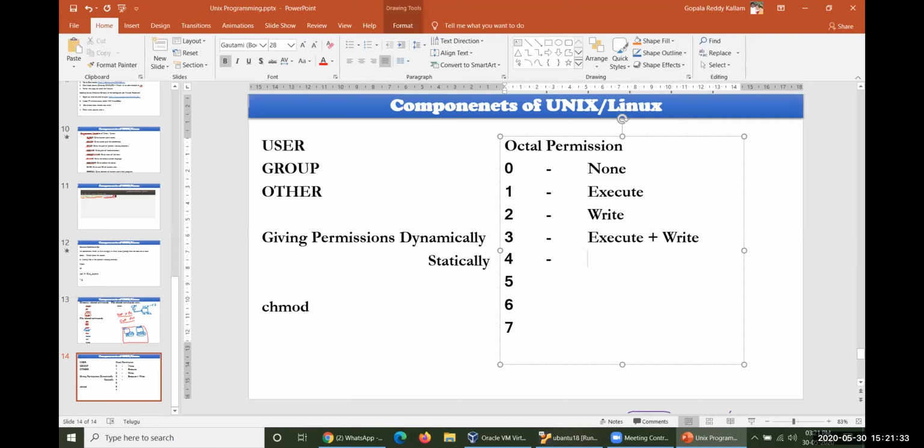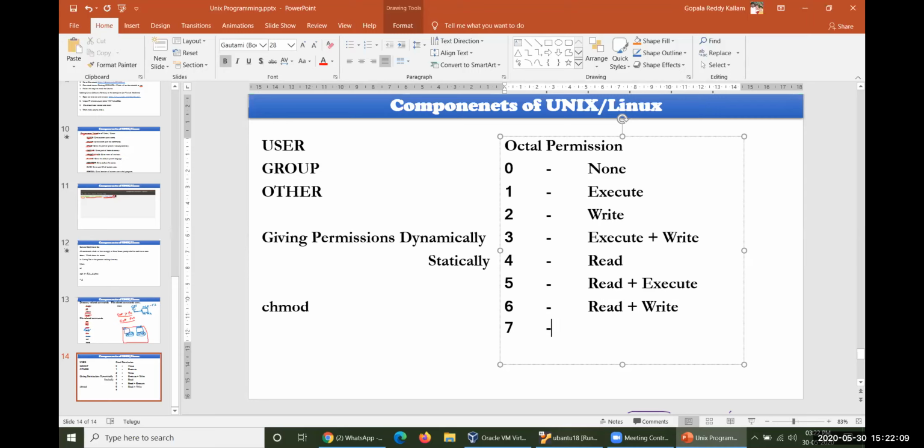4 in the sense, read permission. 5 in the sense, 4 plus 1. 2 plus 3 could also be there here, but 4 plus 1 will be taken into consideration. 4 in the sense read, 1 in the sense execute. So read and execute will be given. 6 in the sense 4 plus 2, so read plus write permissions will be given.